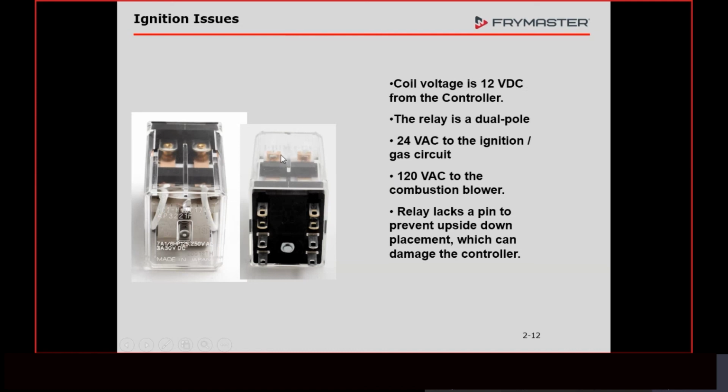If these contacts start to go bad, with a bad connection, it's going to create heat there because of the added resistance. When they go bad and we don't get enough voltage onto that blower motor and it doesn't come on quick enough, that's when backfiring starts. So this relay right here is